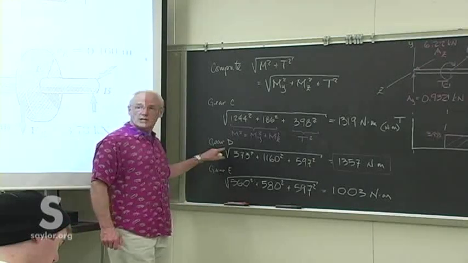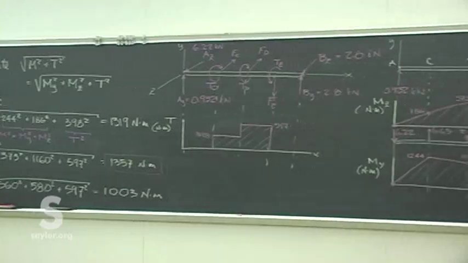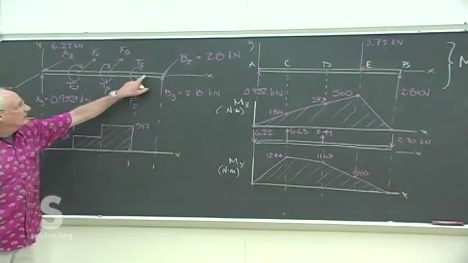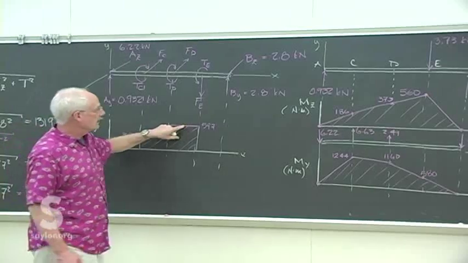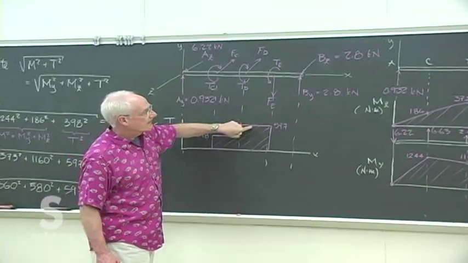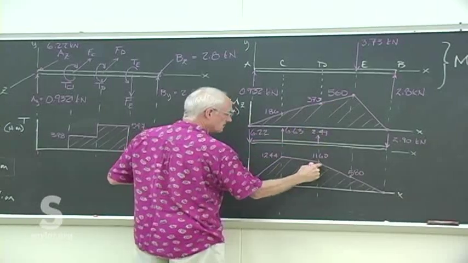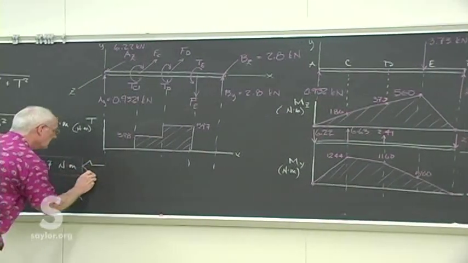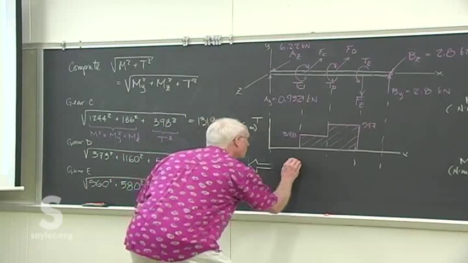So our worst situation is at D. Actually, it's probably somewhere either side of that. We have to actually look at intermediate values to see which one of these is the worst case. If we go to the right of gear E a little bit, all of these start to drop. If we go to the left of gear E, actually gear D is our worst one. If we go to the right of gear D, we have the highest torsion, and as we go to the right, MZ increases, but MY starts to decrease a little bit. So we have to look into all of those possibilities, but this certainly looks like the worst case. We'll have the factor of safety on it,